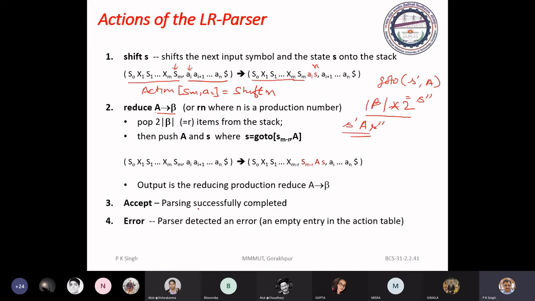The action may be shift, reduce, and maybe accept, meaning successful completion of the parsing. And suppose the top of the stack and the current input symbol point to a position in the action field where you don't have any entry, that is considered an error entry.